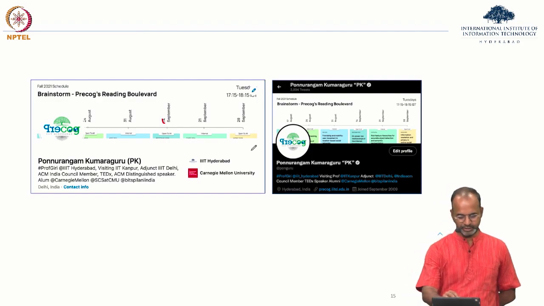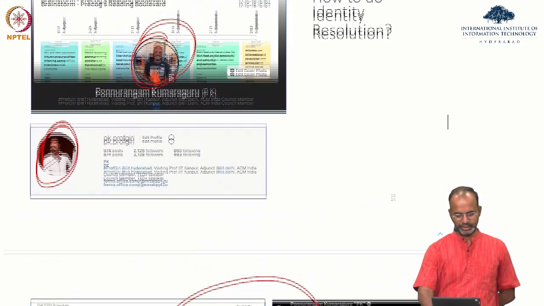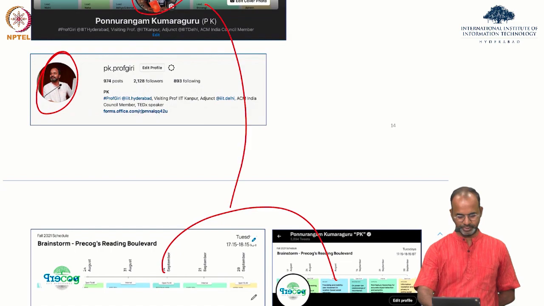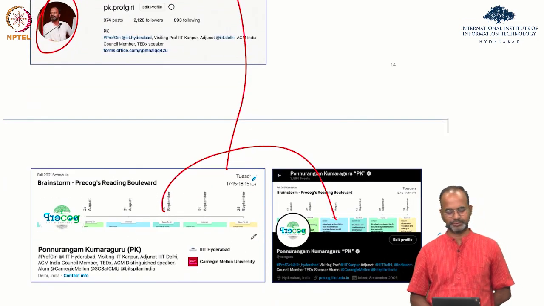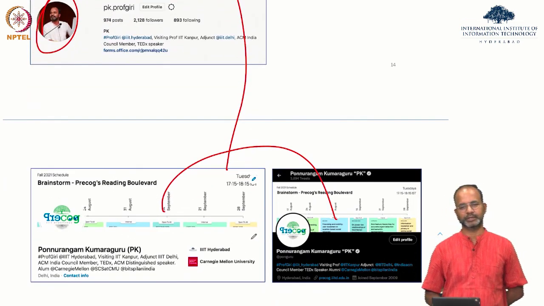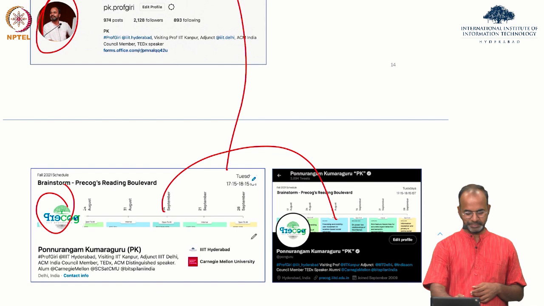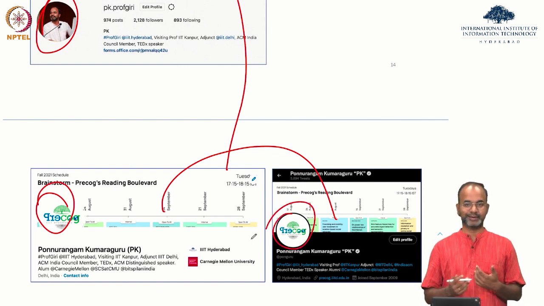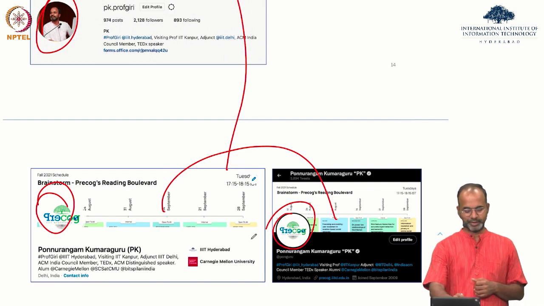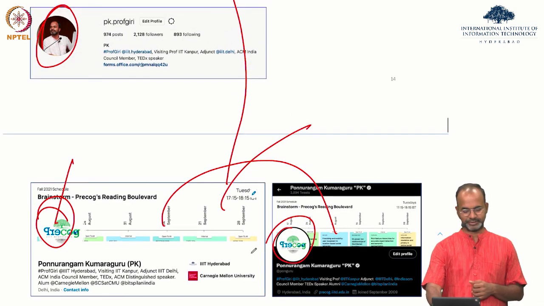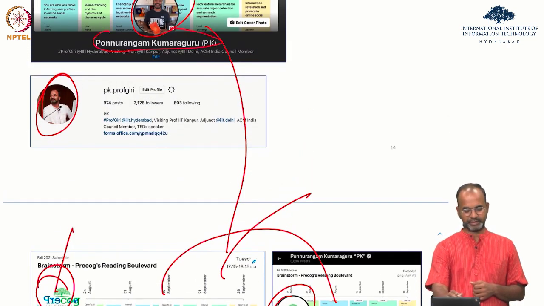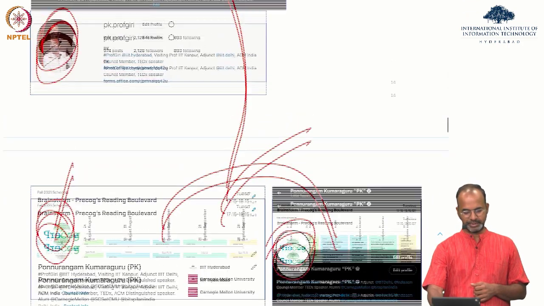So here, if you see the background image in these three, Facebook, LinkedIn, and Twitter seem to be the same background picture, cover picture, so to say. The profile picture of these two seems to be exactly the same. Probably that's one cue that you want to keep. Profile picture, cover picture, and of course the name and everything we already saw before.